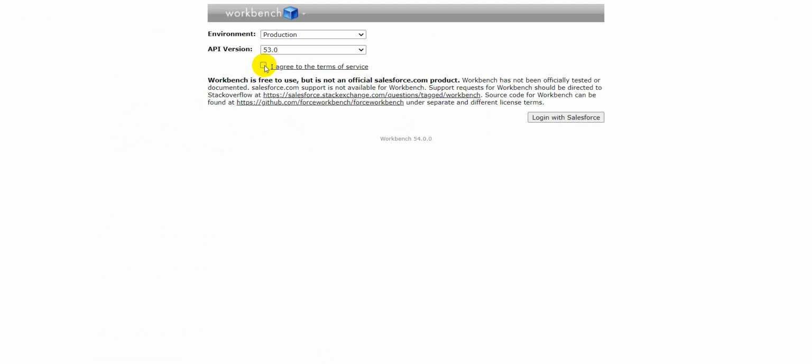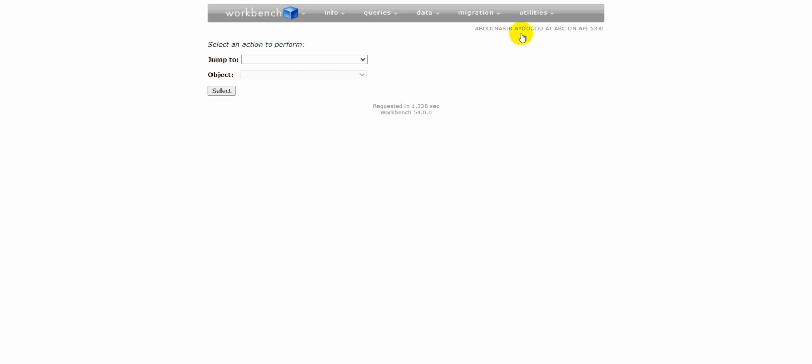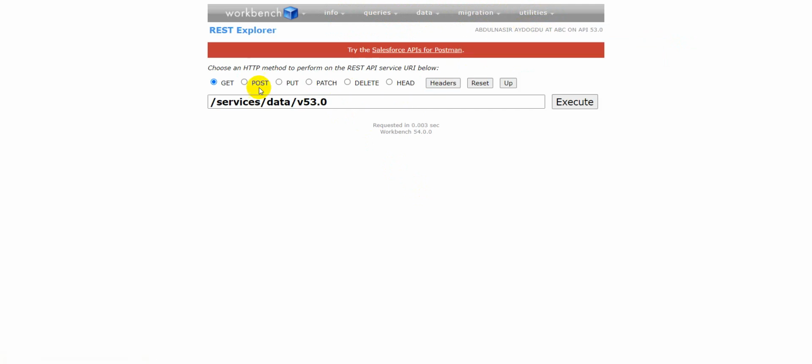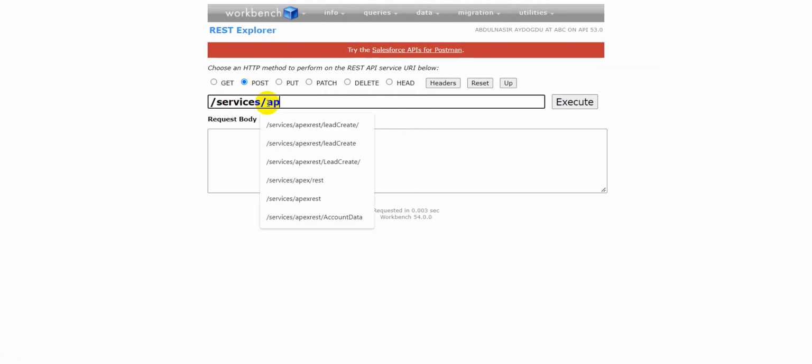You need to agree and then log in with Salesforce, and then this is my account, the active one. My account is open now. As you can see, we have different options. Here we click REST Explorer, and in this method we are going to use the POST method. Then here we write a name, maybe Apex REST,